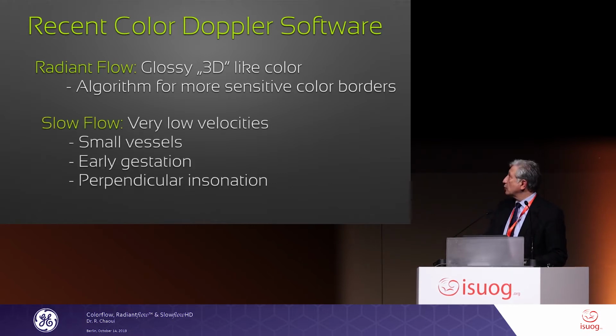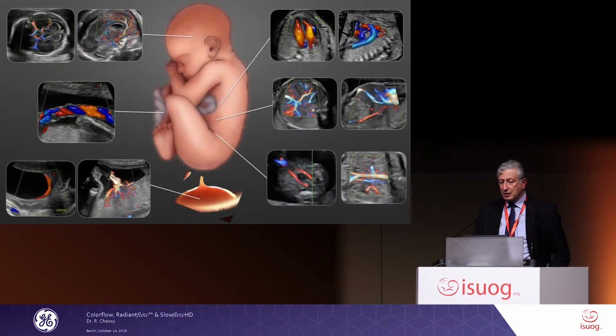On the other hand, the SlowflowHD provides very low velocities and allows the demonstration of not small, but very small vessels. Vessels I don't even know the anatomy that they exist, so I guess sometimes until the capillaries. It can be used in early gestation, and I think safe, because with the SlowflowHD you have even less energy than with HD flow. If you start with HD flow and you switch to SlowflowHD, you see that the MI and the TI are even going down. So this is something which can have a potential of use in the future in the early gestation,